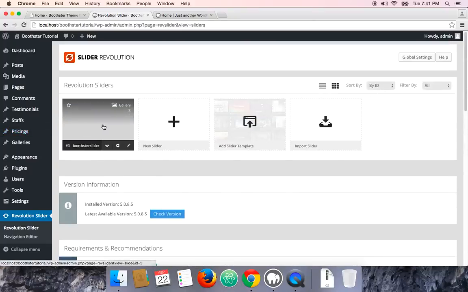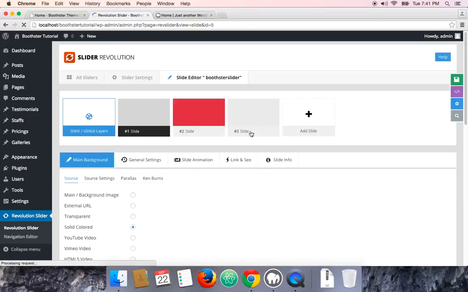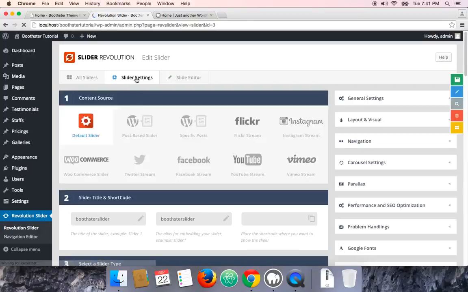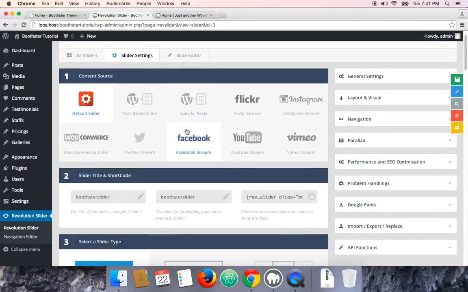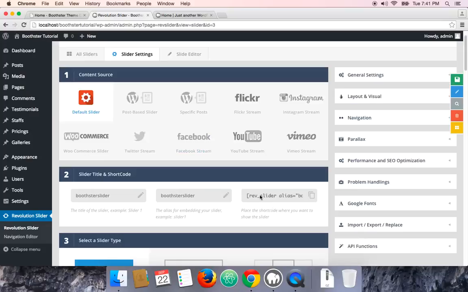Okay, so the demo slides are now imported, and they are ready to use. As you can see, the revolution slider plugin has created this booster slider, which is the demo one. You can click on it, and then you can go to the slider settings and scroll down, and here you can see the short code of the slider. You can copy it,